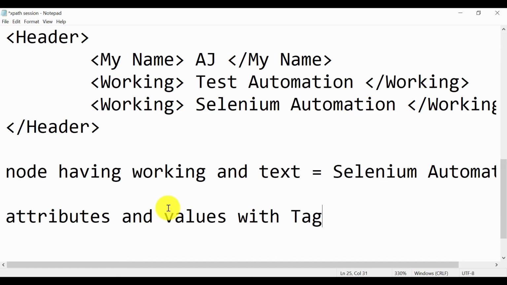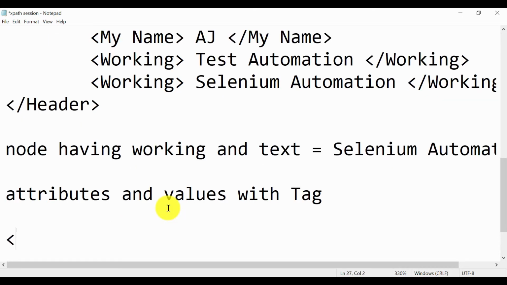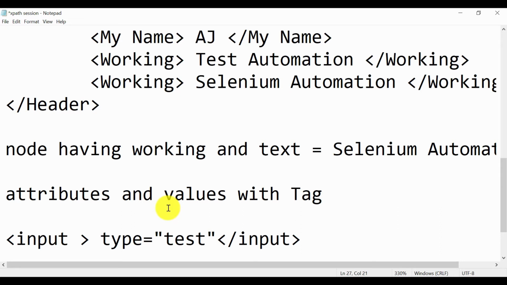If there is a tag, for example input, then similar to XML it will have a starting and ending tag, and in between you can provide any attributes. Likewise, id is equal to, and so on; this is designed when a web developer is designing the web page.